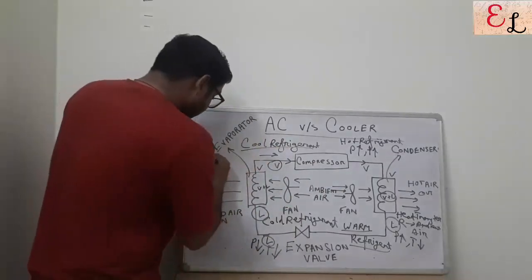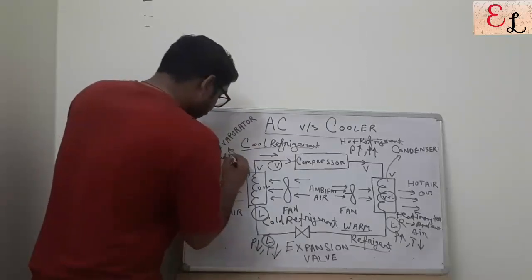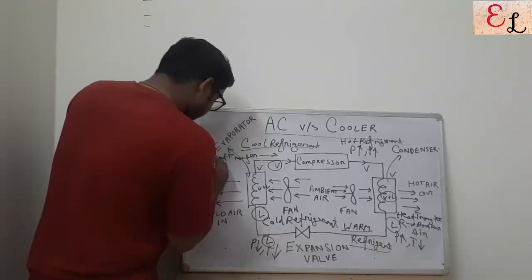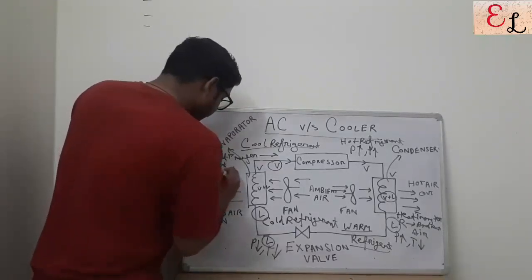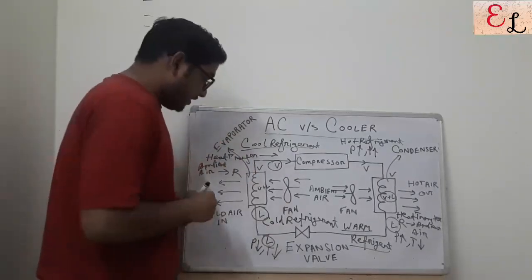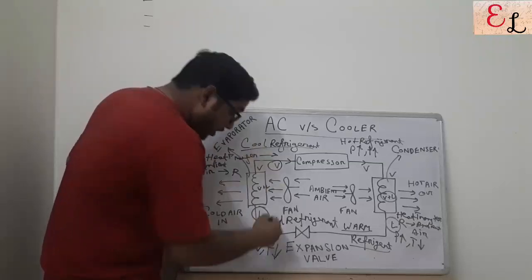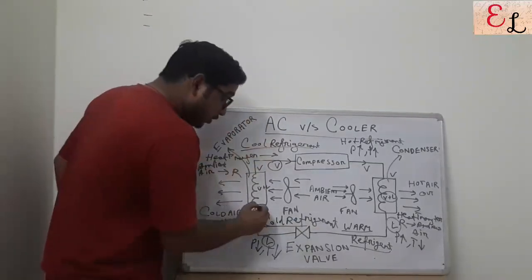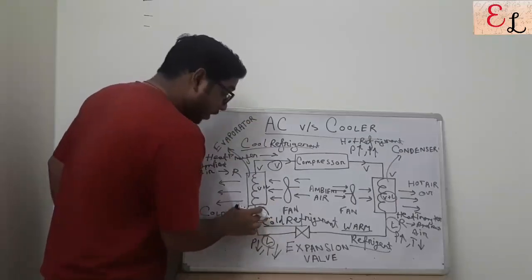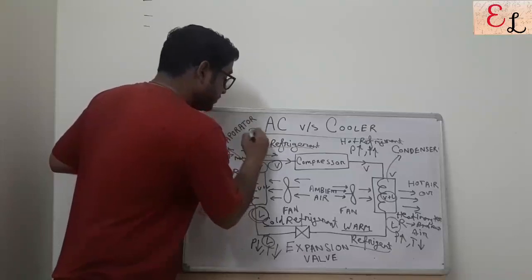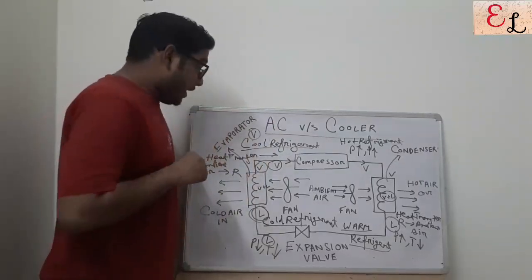So heat transfer in the evaporator is occurring from the ambient air to the refrigerant. So heat is given from the ambient air to the refrigerant, and in turn the cold refrigerant gains some amount of heat to get converted from liquid to vapor state. So it is a cool refrigerant in the vapor state.